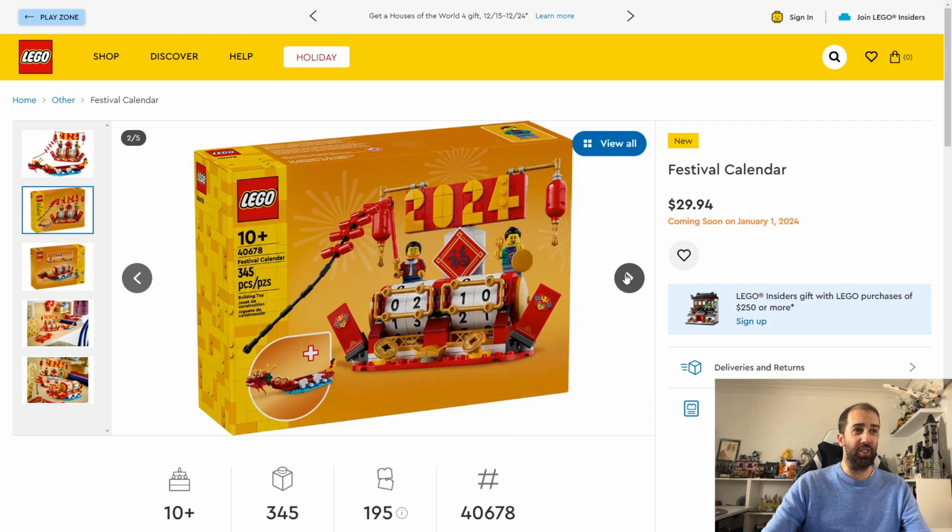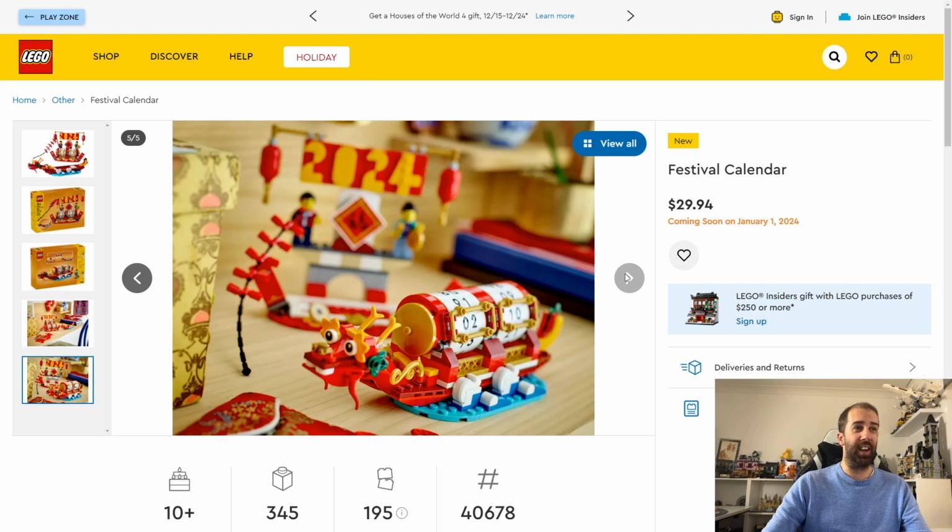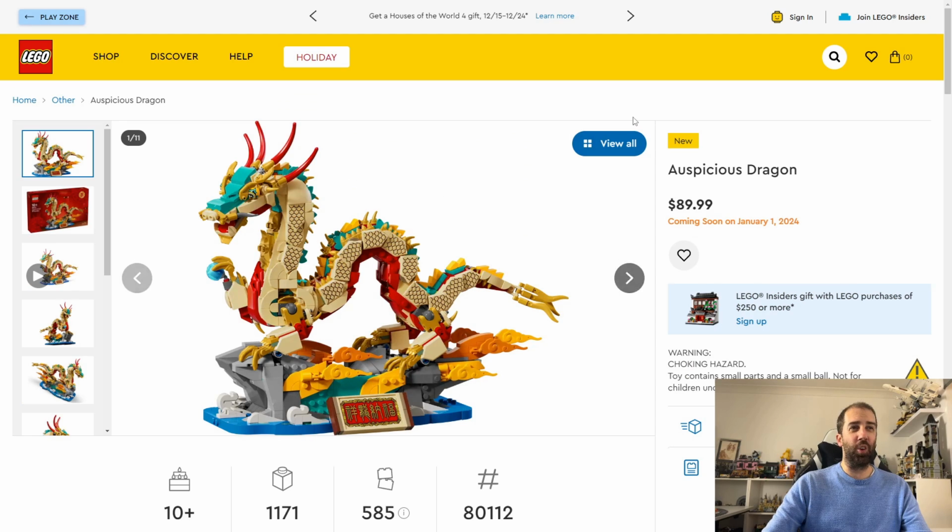I think it's really well priced for what it is. I think it looks really good. Really looking forward to this. Hopefully my Lego store will have it. Next one being the Auspicious Dragon, which I think looks just outstanding. I've loved this ever since it was revealed, I think in October or November, priced at $90 or £70, but